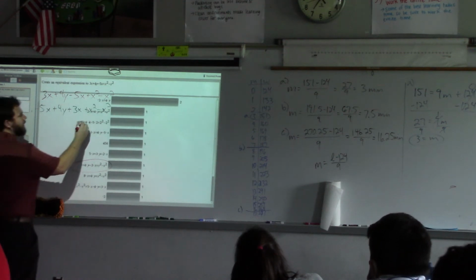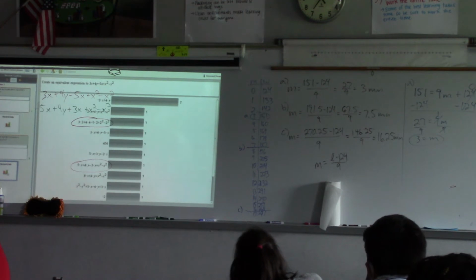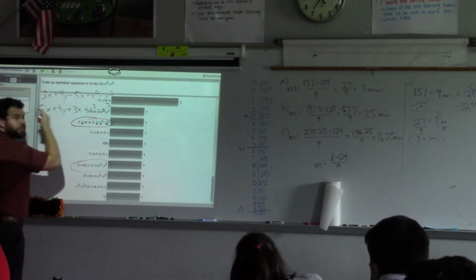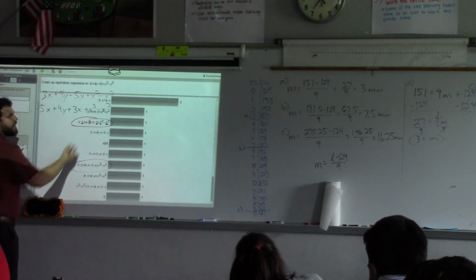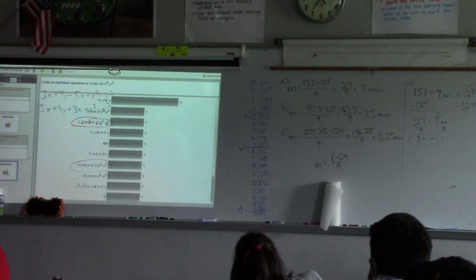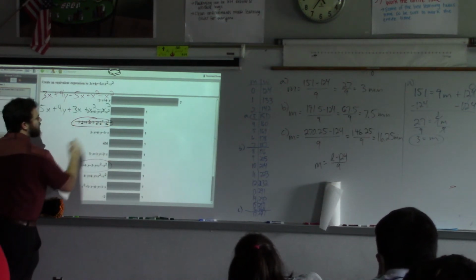Really quickly, right here, what does it look like this person did? It looks to me like everywhere there was an x, they substituted a 2 in. That's right. And where there's a y, they substituted a 4. Does it tell us that x is 2 and y is 4? No. Do not just randomly put a number in for a variable. You have to be told x is 2 in order to substitute 2 in, or you have to be able to solve an equation to figure that out. So please be aware of that. It's a great start, but not quite.